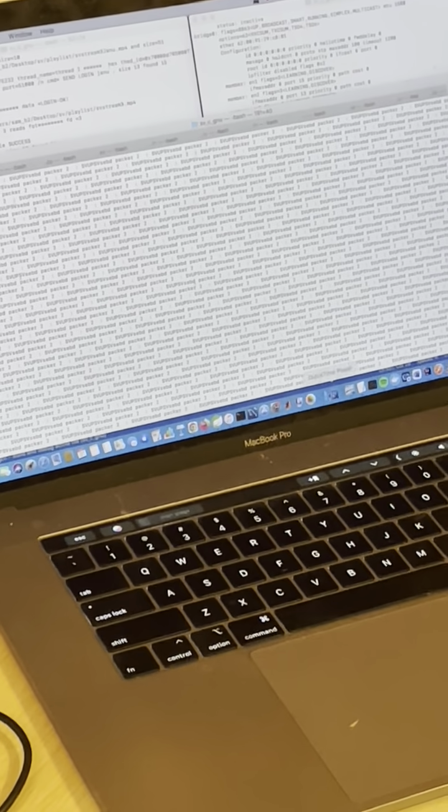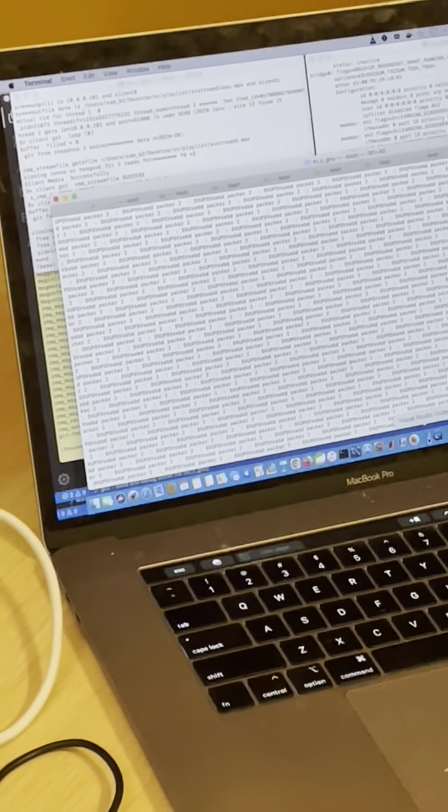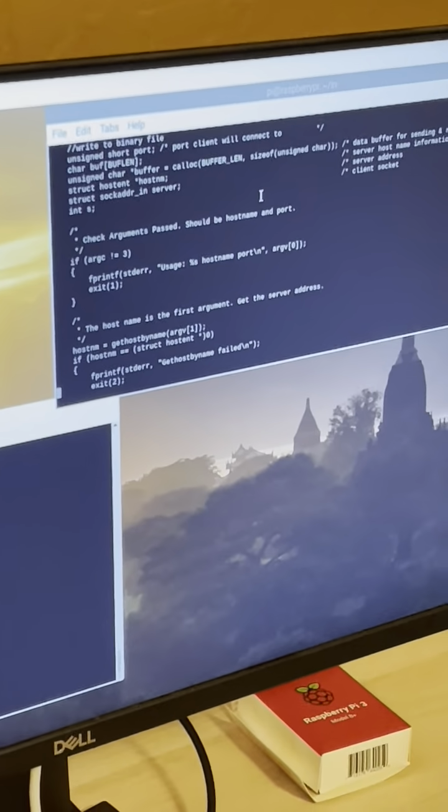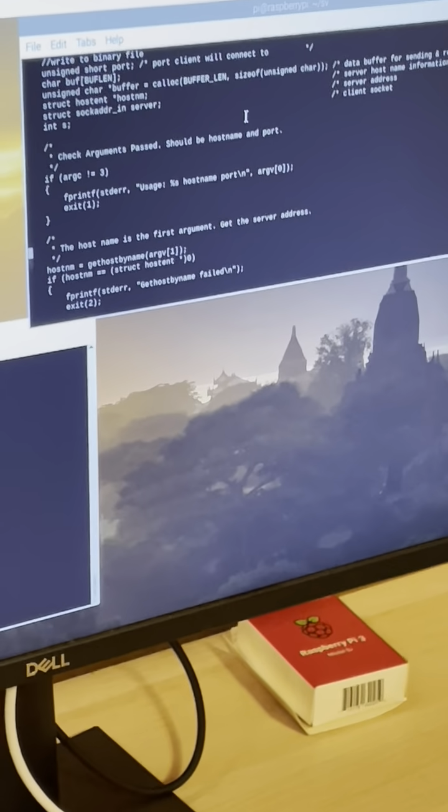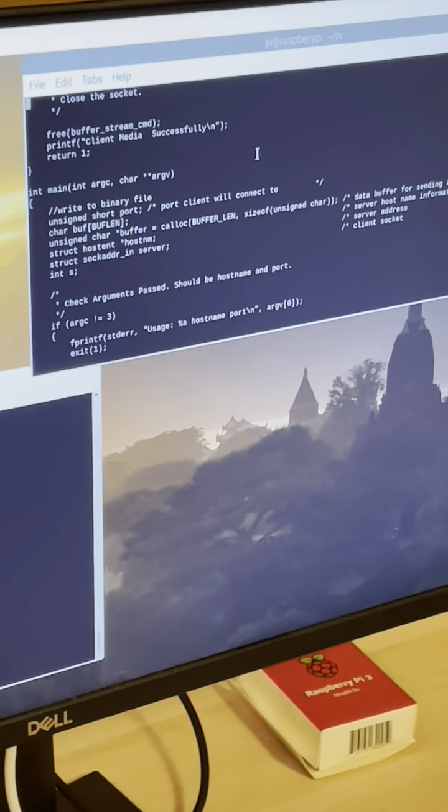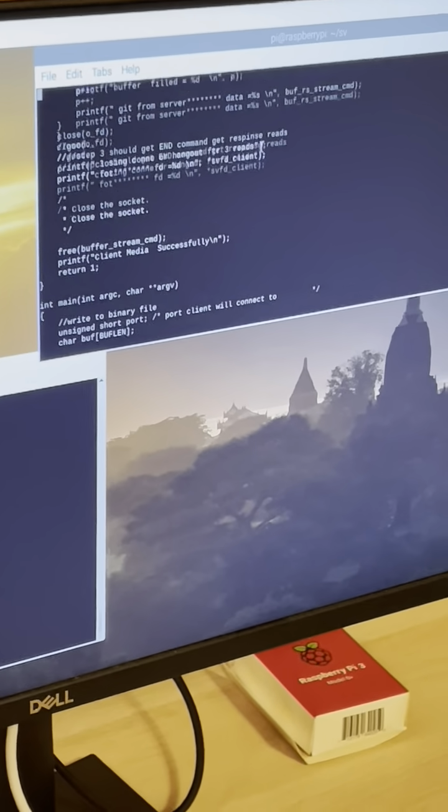Let's go and look at our code also here. We have a little glimpse of the code. This is the client code. Let's walk through the client code. What is happening? So basically we have a client, right? We are using these